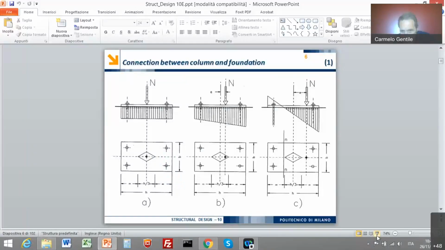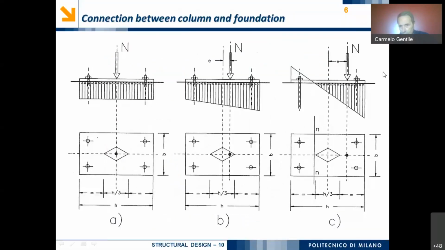Okay, after having done this, I would like to share my screen again and go back to the content of the class of today. As I have anticipated, the second aspect to be discussed in the lecture of today is how it is possible to design the connection between a